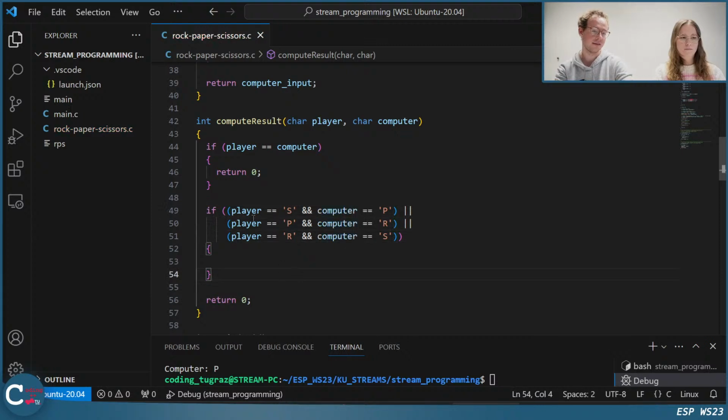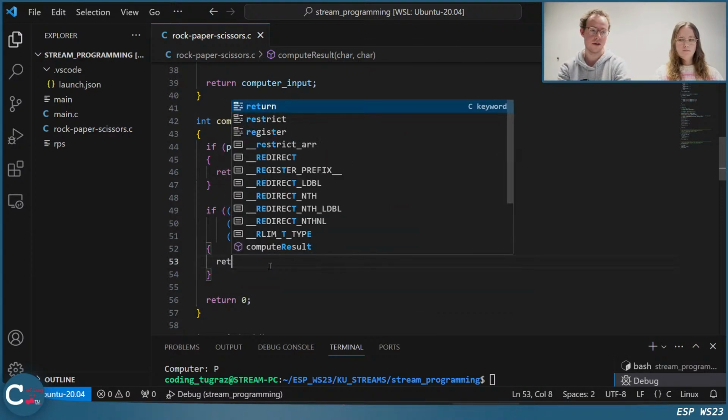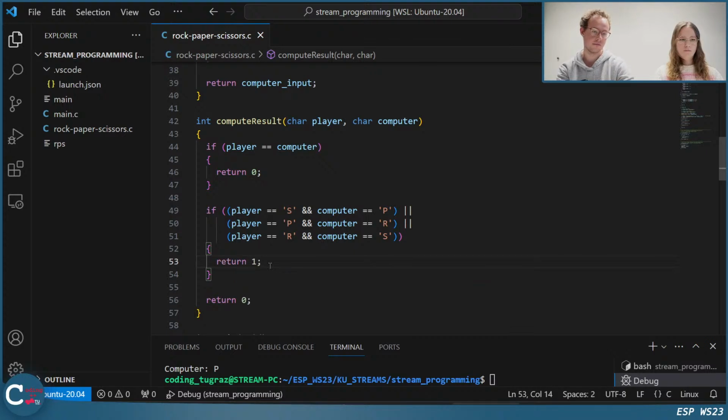Okay, but let's see if the player has scissors and the computer has paper. The scissors cut the paper, so the player wins. The player has paper and the computer rock, then the paper covers the rock, so the player wins. And if the player has rock and the computer has scissors, then the rock destroys the scissors. So in these cases, the player wins, and we said for the player win, we want to return 1.